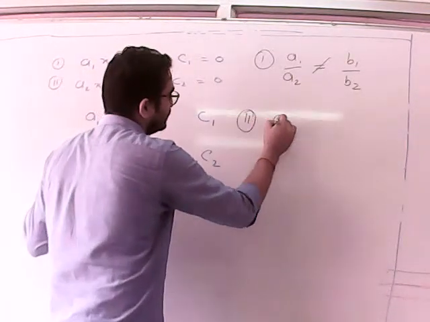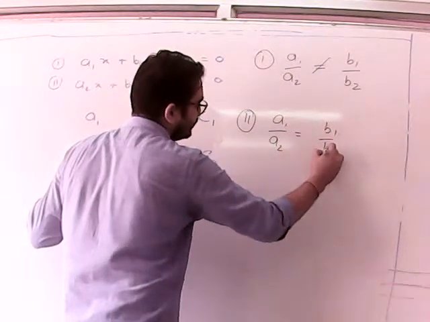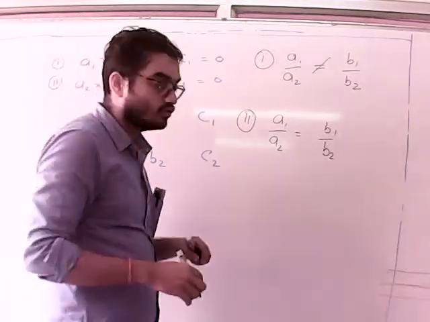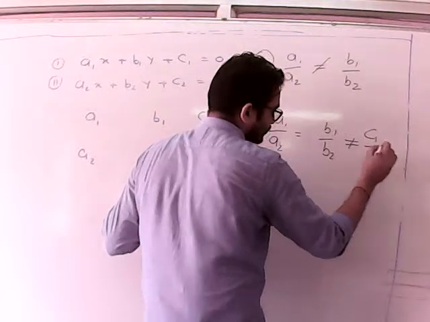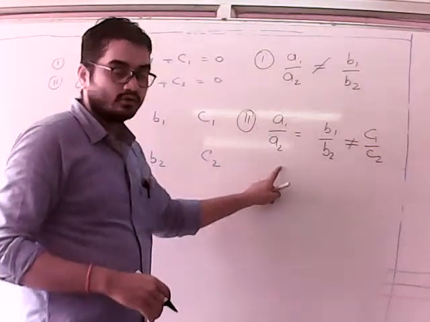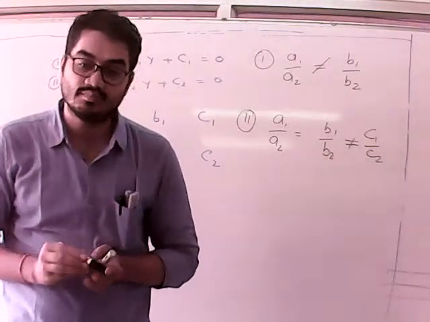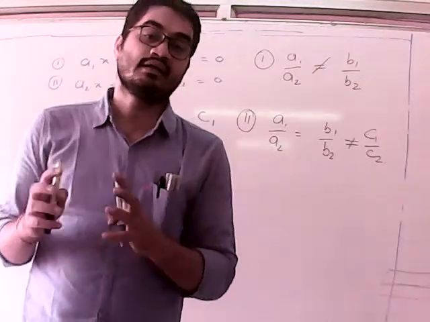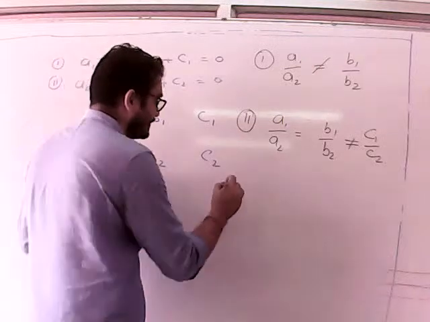दूसरा, सेकंड कंडीशन which we are having that is a1 upon a2 is equal to b1 upon b2 but not equal to c1 upon c2. तो इसमें हमें सॉल्यूशन जो है वो इनकंसिस्टेंट मिलेगा। क्या मिलेगा? इनकंसिस्टेंट सॉल्यूशन मिलेगा, यानी सॉल्यूशन बहुत सारे मिलेंगे।